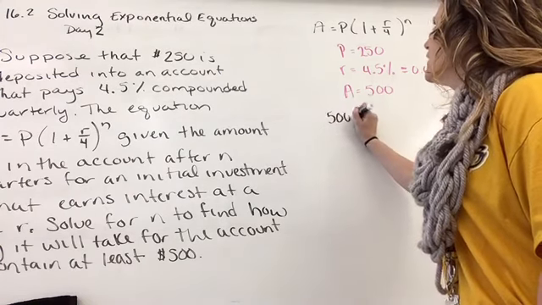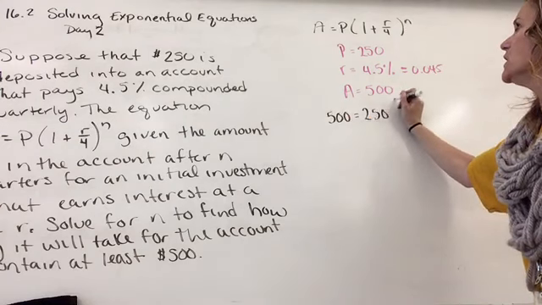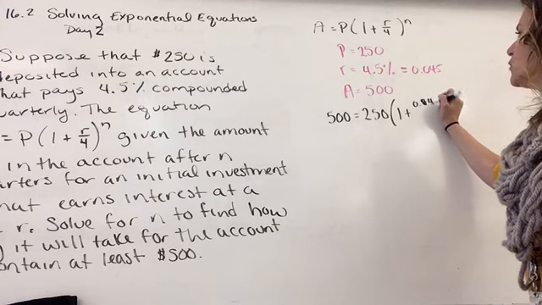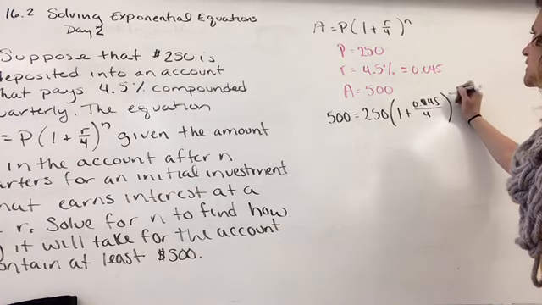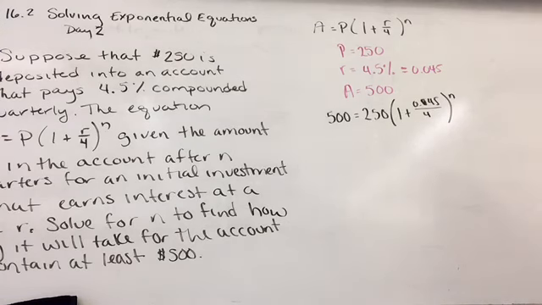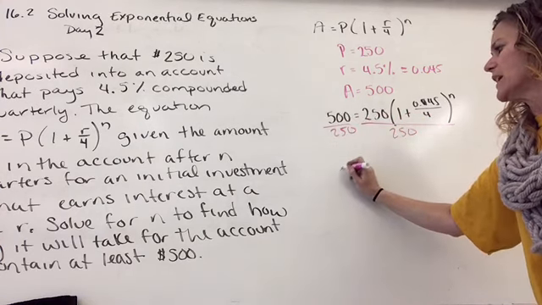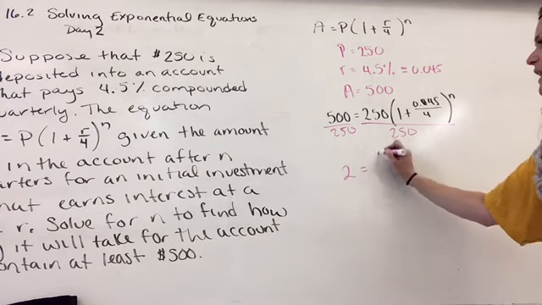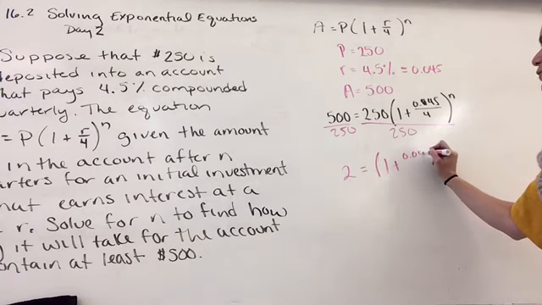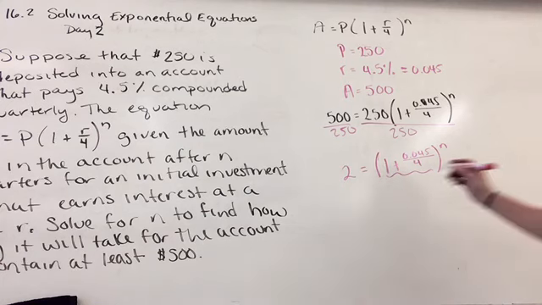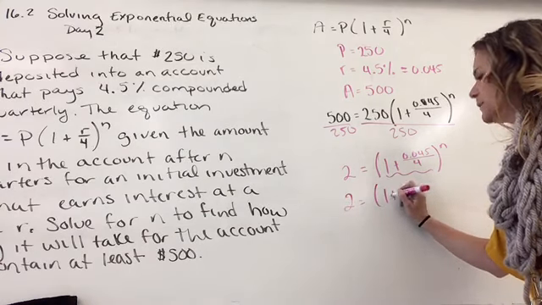So that means that 500 is equal to 250 times (1 plus 0.045 divided by 4) to the nth. And I know this can look kind of scary, but I need to get rid of this 250 on both sides. So that gives me 2 equals (1 plus 0.045 over 4) to the nth power. I need to simplify that in there. So that gives me 2 equals 1 plus